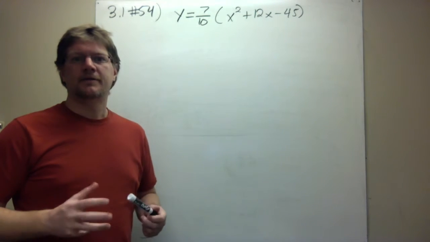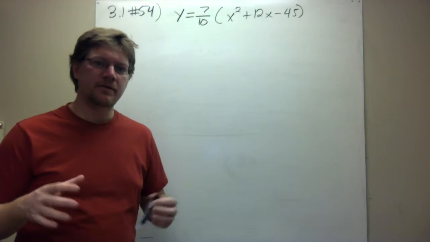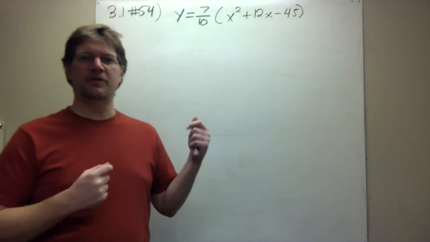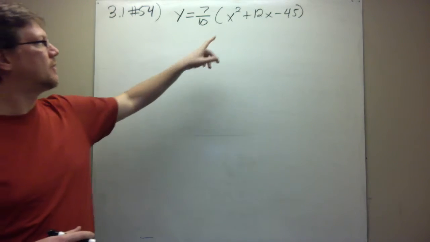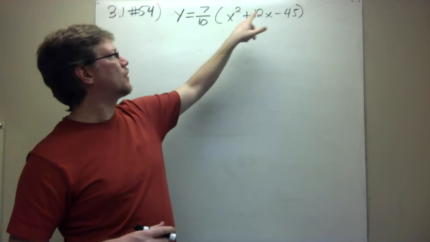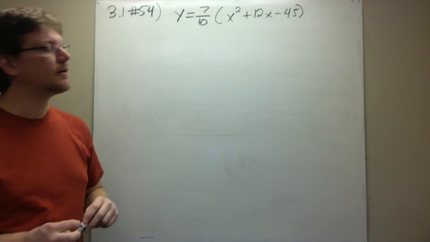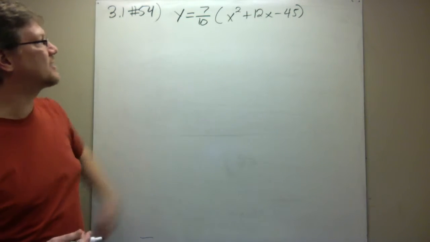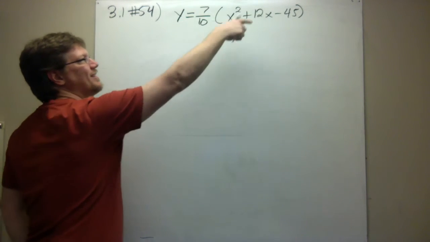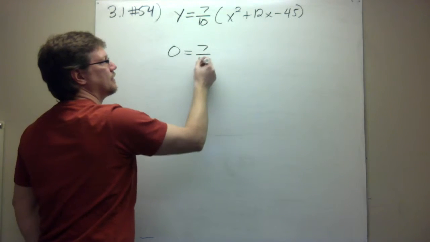All right, section 3.1, number 54. We are asked to find the x-intercepts of this quadratic equation, 7/10 times the quadratic x squared plus 12x minus 45. All right. So what we want to do is to find our x-intercepts. Our x-intercepts are when this thing is equal to 0. So if we set it equal to 0,